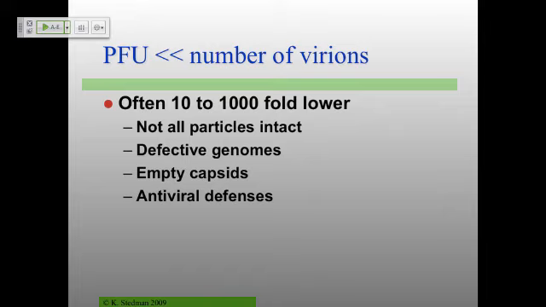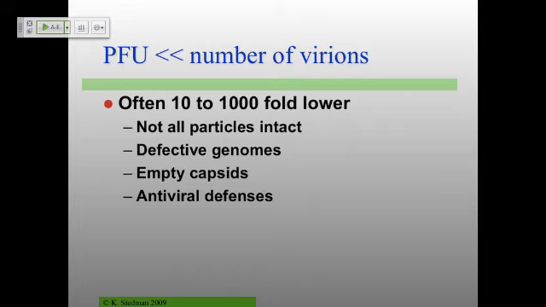So, very, very low infectivity. You could have a particle that looks just fine, but its genome has problems. And because its genome has problems, then it can't actually replicate. That nucleic acid that's been packed inside the bag is non-functional. You can also have lots of empty capsids. This, it turns out, is the case for HIV.